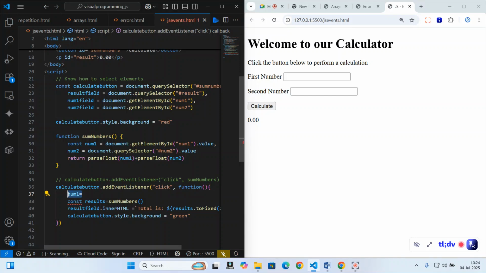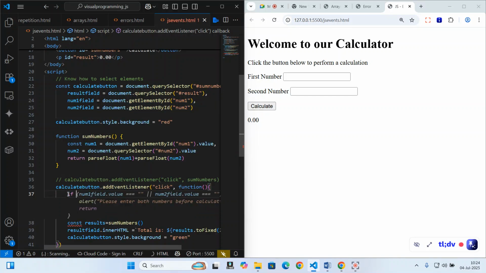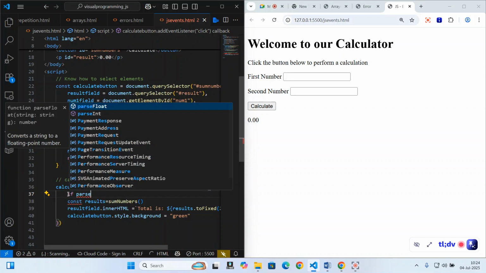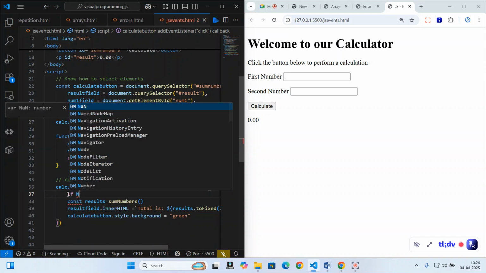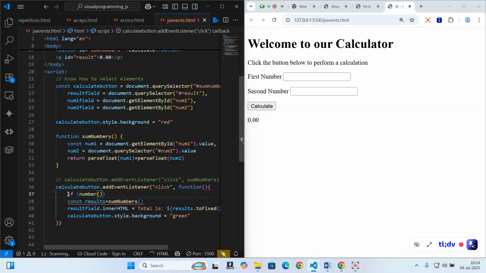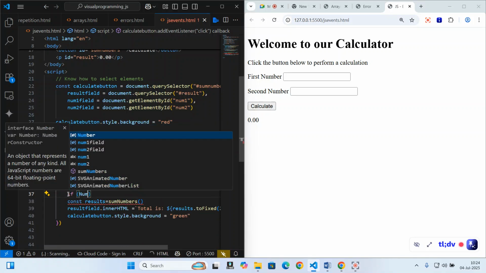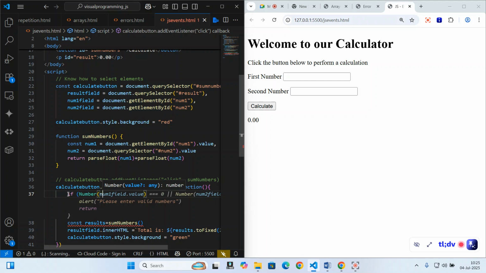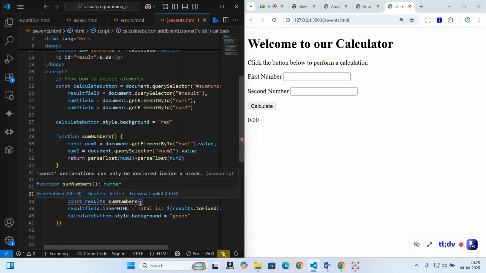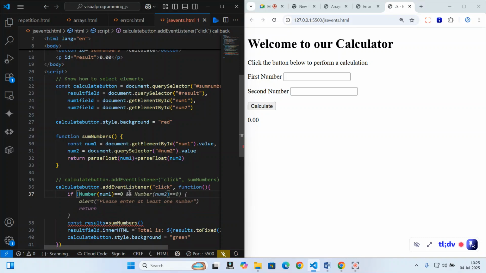So here what I'm going to say is if parseFloat, or you can just use the Number function, if Number, and it has to be in brackets. So if Number, and N is capital N, JavaScript is case sensitive, num1. Otherwise, if it is not, or rather if it is equals to 0, if number1 is equals to 0,